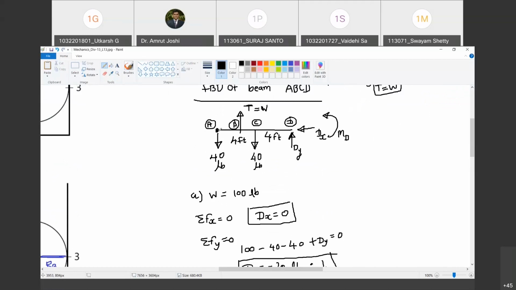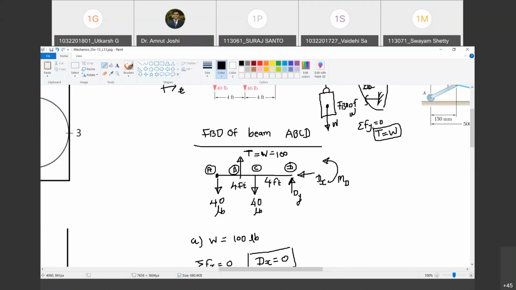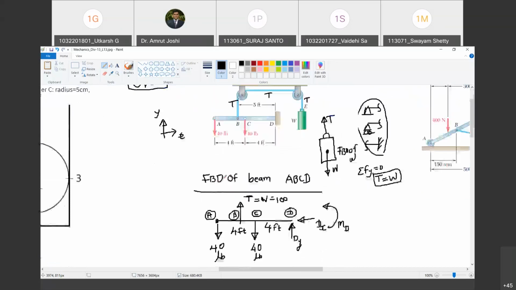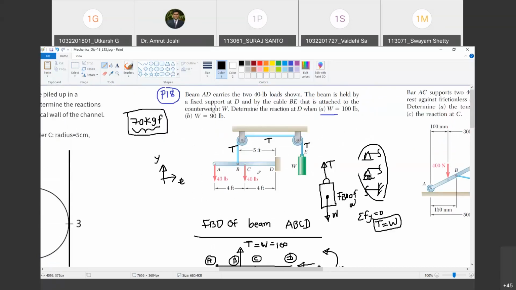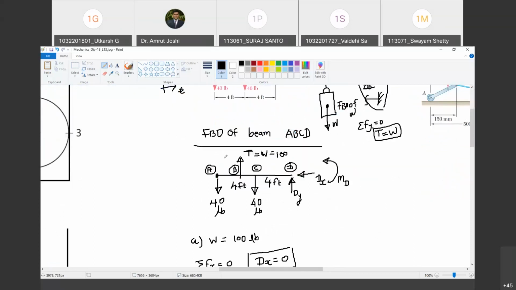This W, which is 100 pound, is going to cause the moment. And how much is that moment? Can you show the figure, how far from A it is being applied? So that means our free body diagram is not complete. This is 5 feet, it's given. Total is 8, so this will be 3. Yes, you are absolutely right. So we have to show this as 3 feet, and then it is 100 into 3.